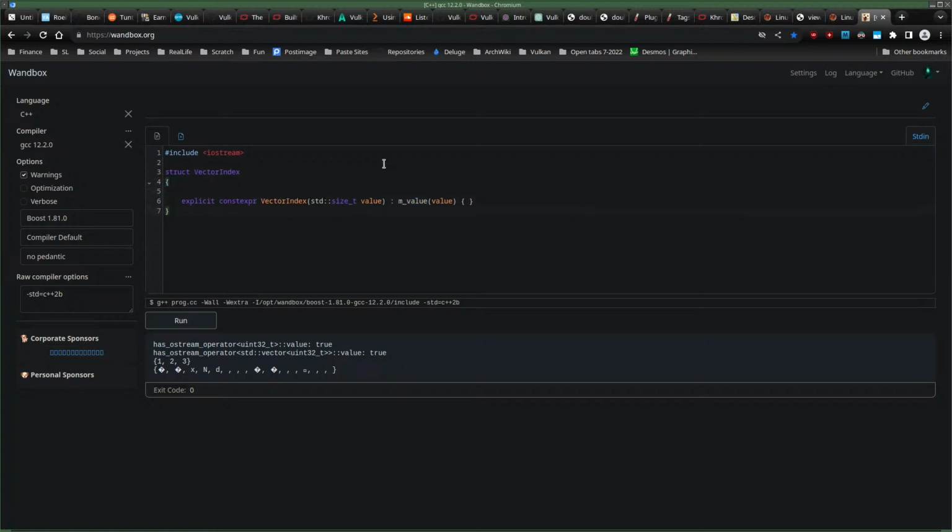Oh, the nonsense of filling in my braces or whatever, parentheses, explicit constexpr, vector index, standard size type, whatever. Where's that defined? Nobody knows. C string, I think. Well,